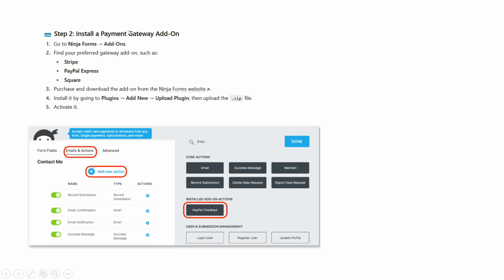Now create your payment form. Go to Ninja Forms and click Add New. You can start with a blank form or a simple template. Add the basics: a name field, an email field, a product or service selector using a drop-down or checkbox list,